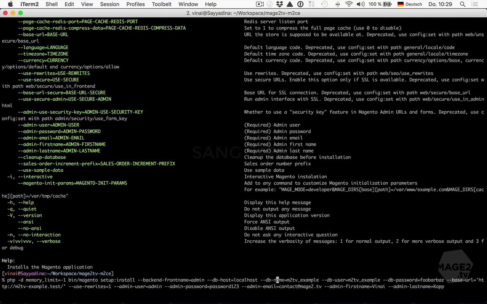And then we specify the database access credentials. M2TV example is the database and the example user we just created. We need to specify the base URL, and please note it has to end with a trailing slash. We want to use URL rewrites,